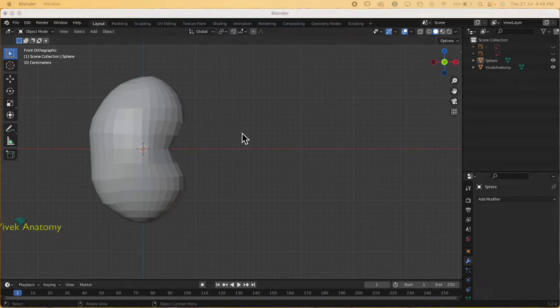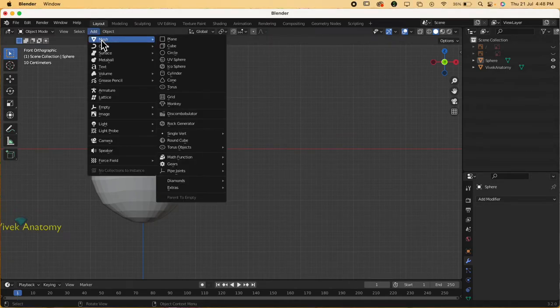The ureter, as you know, is a hollow tube. It's not a solid organ like the kidney, so we don't want to add any mesh. If you really want to add a mesh to start with, you can go to add mesh. See, you can use a cylinder, which is like a tube, but the problem is you will not be able to bend the cylinder at different points. So I would not use that. Instead,